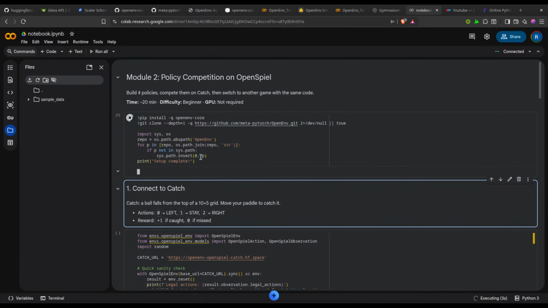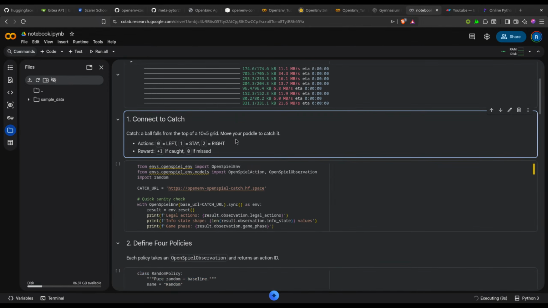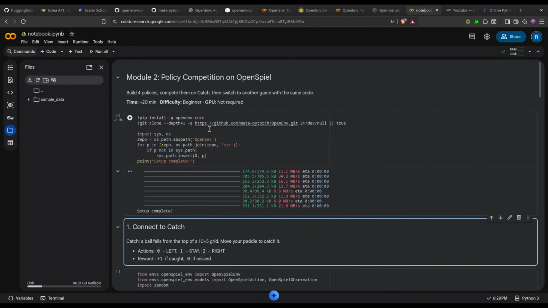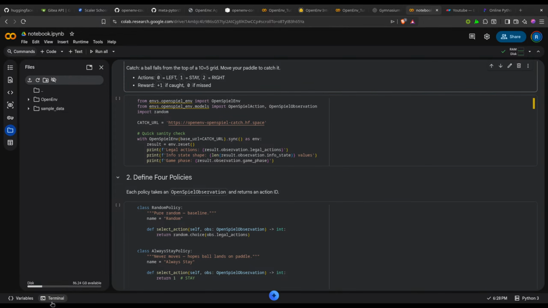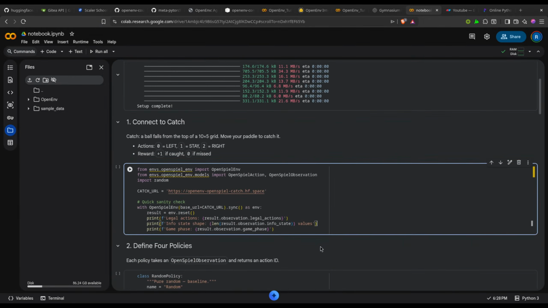The very first. We are taking some of the imports from the OpenSpiel section.